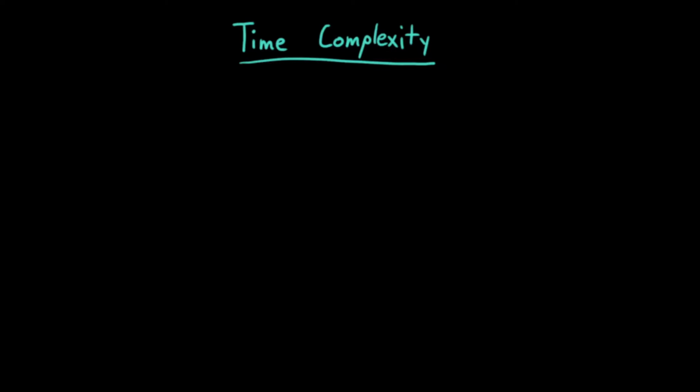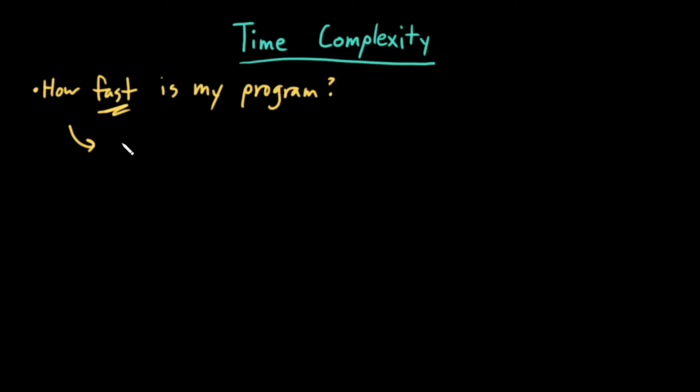One of the fundamental questions of computing is the following. How fast is my program? The whole field of computer science, one of the key things that we're trying to do is automate repetitive tasks such that humans don't have to do it. And one key component of this is that we want our programs to be as fast as possible. So how can we describe how fast a given program is?